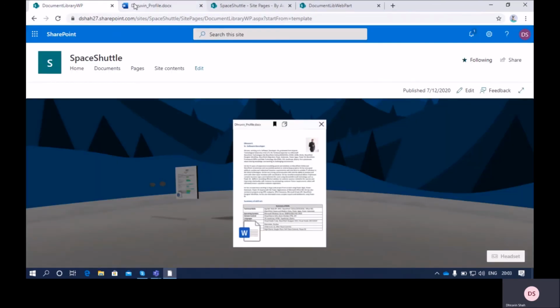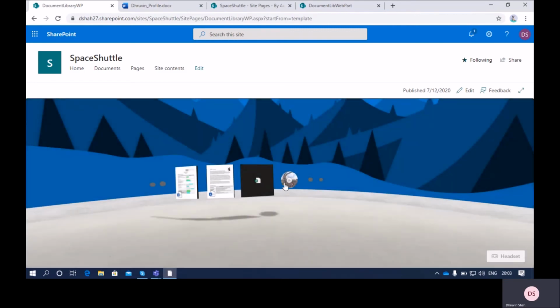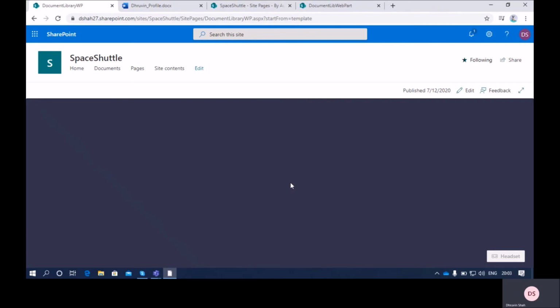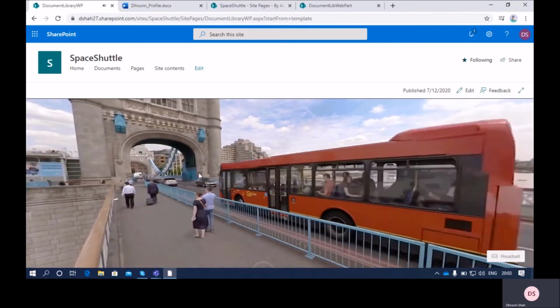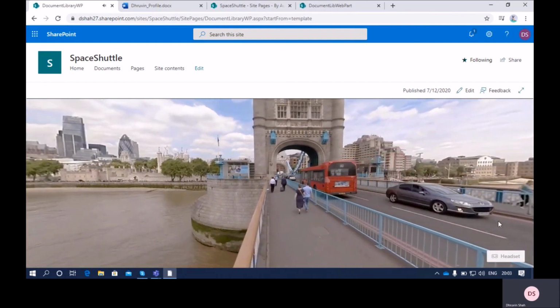Once we click on that, it will open this document in a new tab like this. Document library can be a combination of anything. It can be images, files, 360-degree videos, images, anything. So let's say this is a 360-degree video. It is playing the 360-degree video over here.